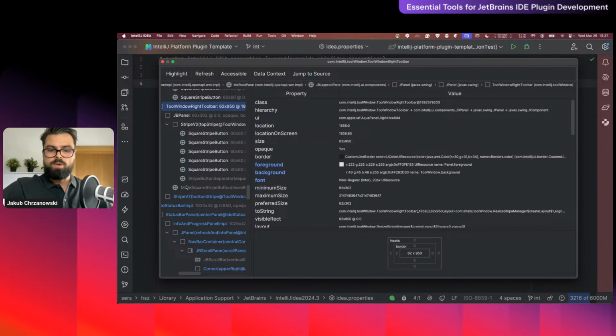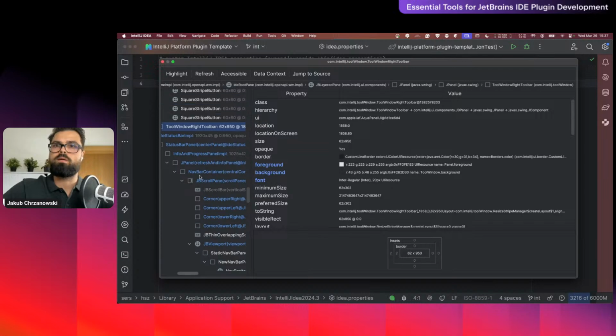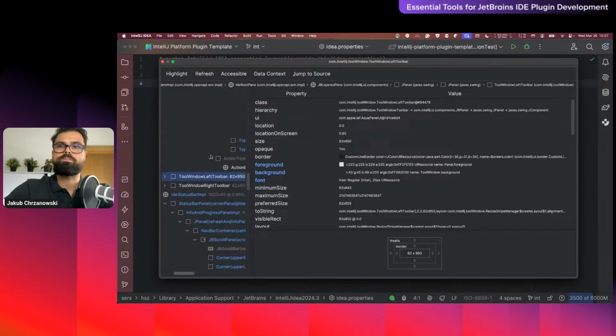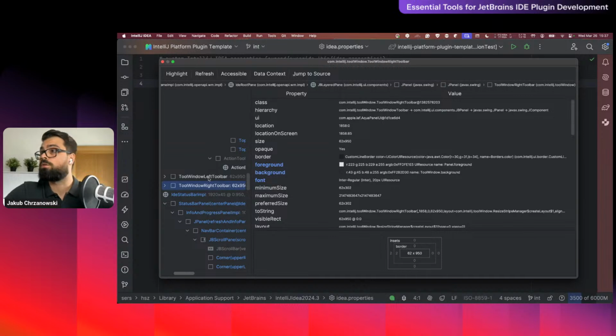That means we also have something like a left toolbar and a bottom toolbar somewhere there. So we can figure out what is where, and we can start playing with this information in various ways,